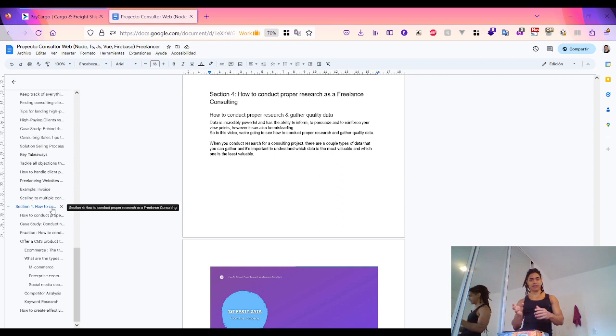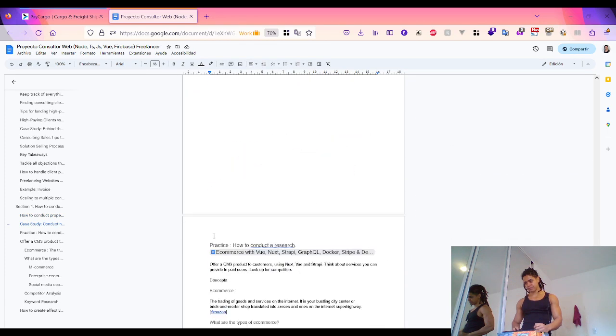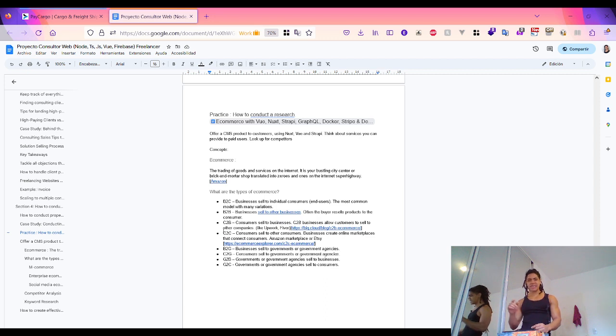For example, Amazon mentioned that it is the trade of goods and services over the internet, your bustling city center of brick and mortar shops converted into zeros and ones on the internet superhighway. And Shopify mentioned that while e-business refers to all aspects of operating an online business,